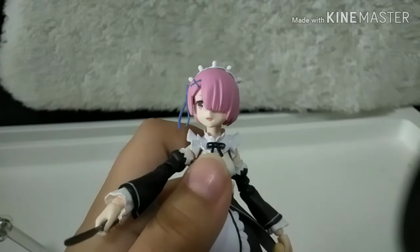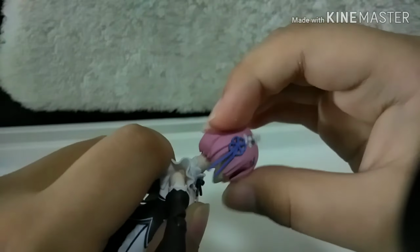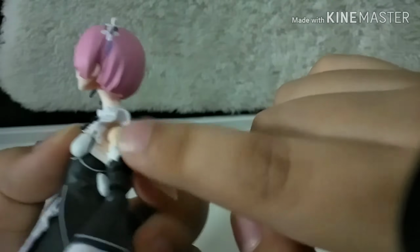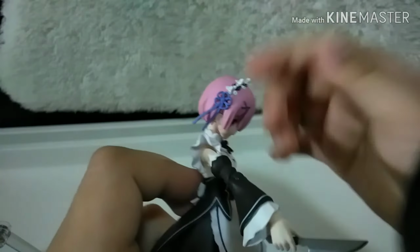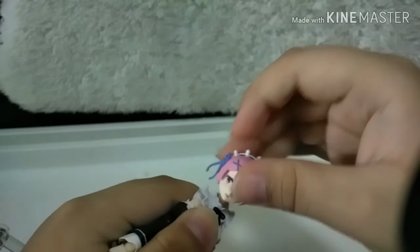Let me focus first. Which allows it to look up that far, which looks very weird. I don't like it. And down that far. Because it's a ball joint, you can swivel it,